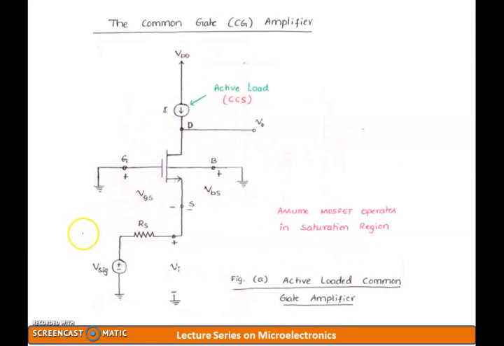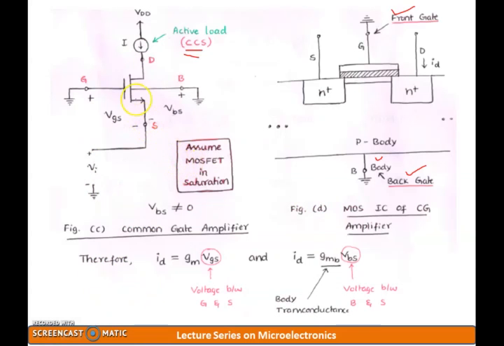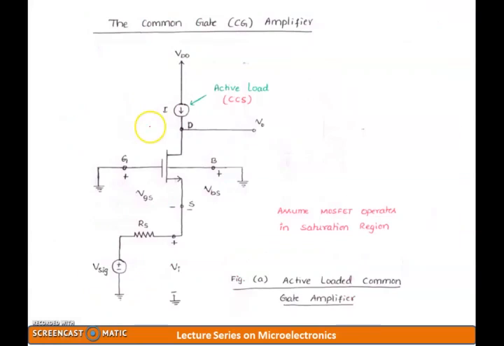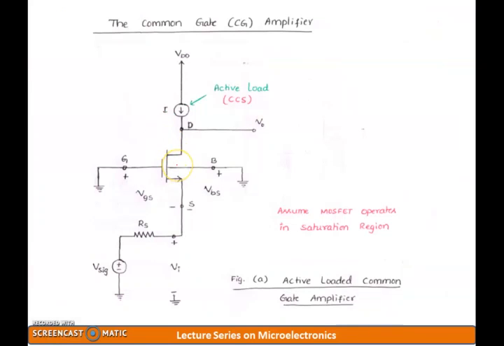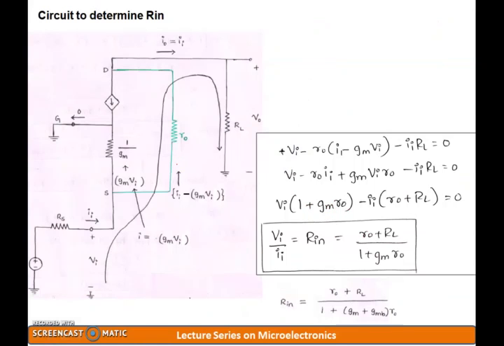So this is the main circuit of the common gate amplifier configuration. Kindly go through it properly. I have a signal voltage being applied over here with a signal resistance RS, and all the rest of the terms are intact as I have shown in the previous slide. Now the analysis part will remain everything the same.